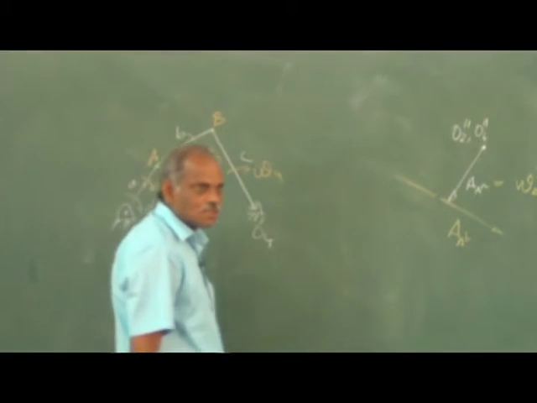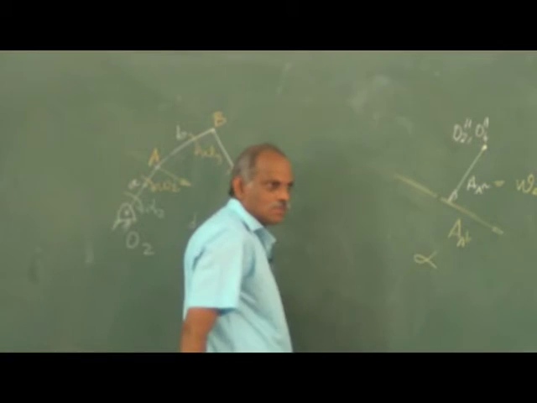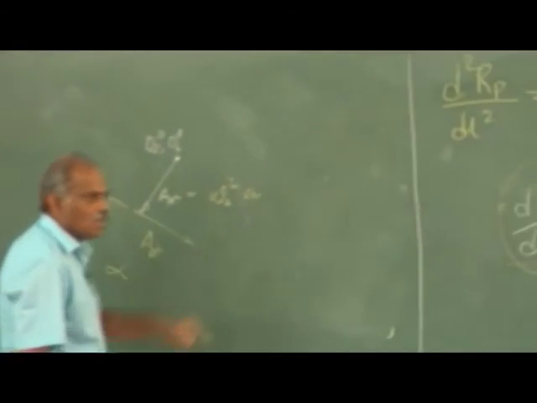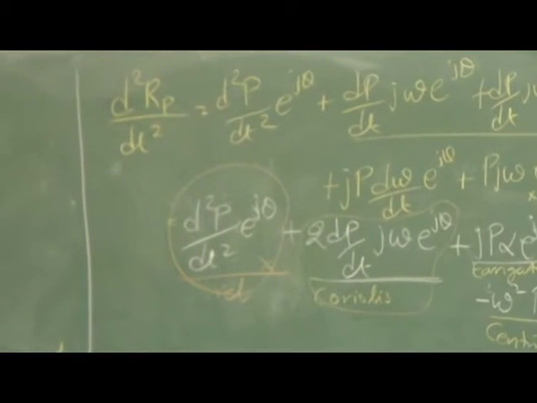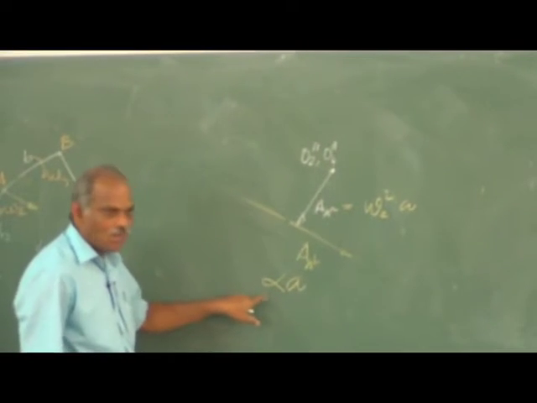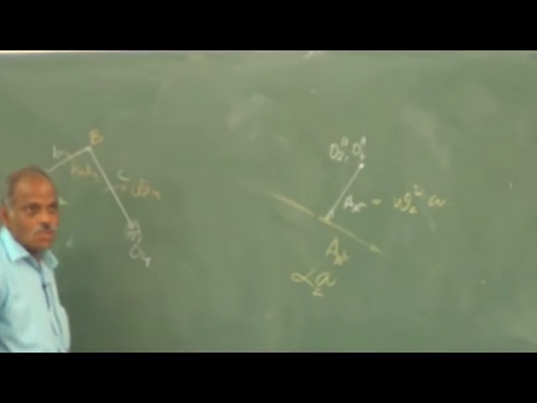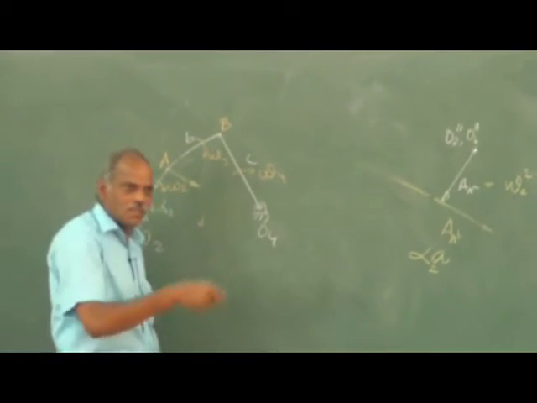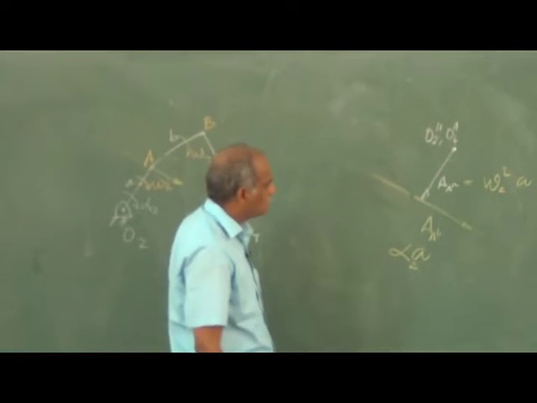Can we find out this magnitude? This is given by alpha times, you can see that it is alpha times the position vector. So alpha times A. So this is your magnitude. This is known, alpha 2 is known, A is known, you can know these two. So we know both the components of acceleration, that is the centripetal acceleration and tangential component of acceleration.